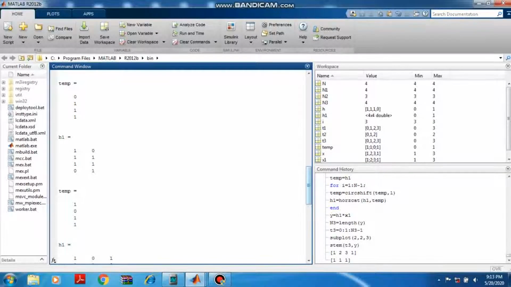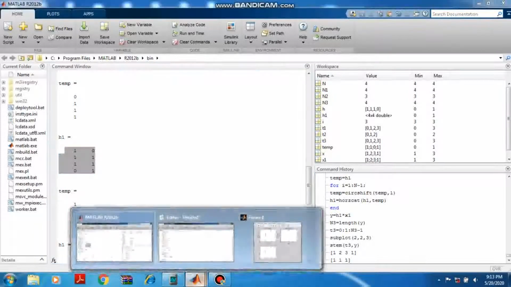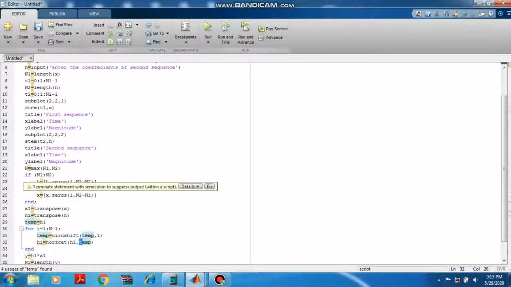So your h1 is the horizontal concatenation of the h1 matrix with the temp matrix. Then it will come back here, read end. So I equal to 1 is over.